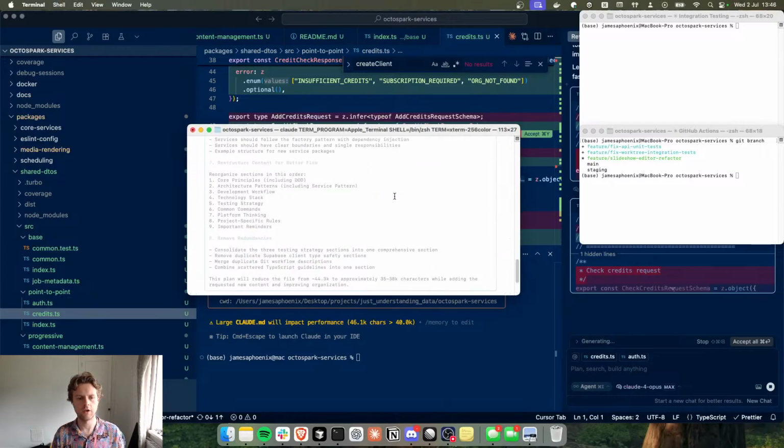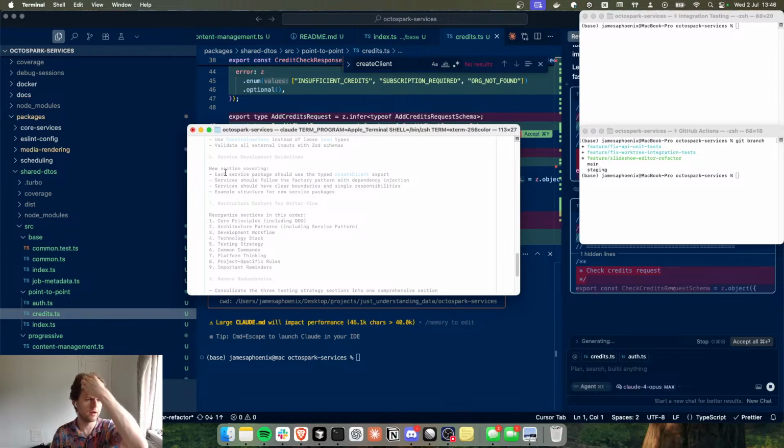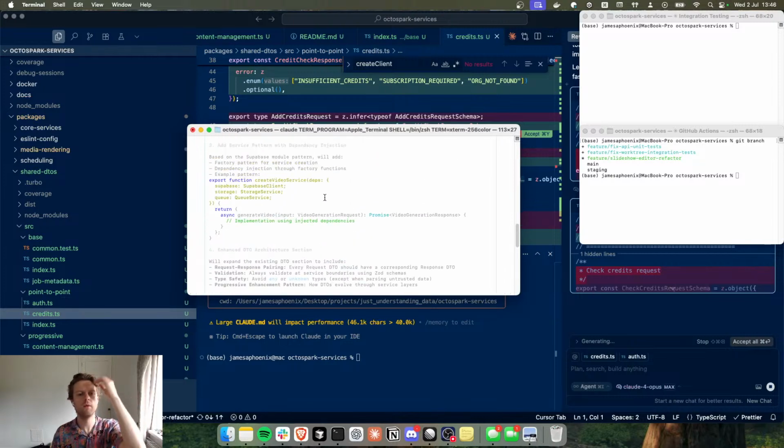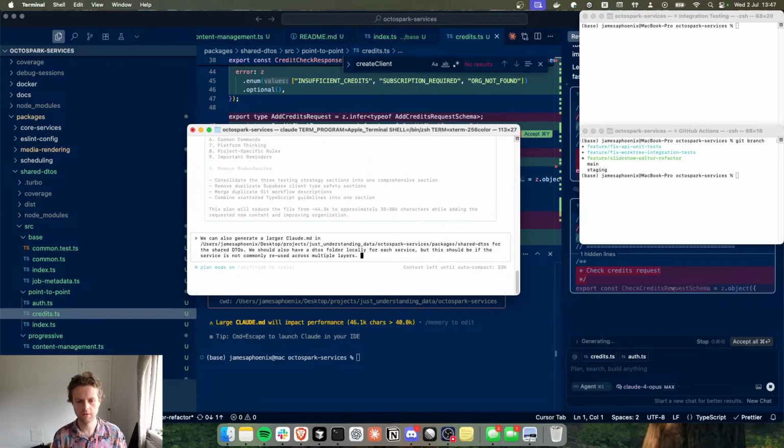And the other thing that I didn't like about the plan is I want to use classes. I would prefer a factory method implementation: create X service, deps, create